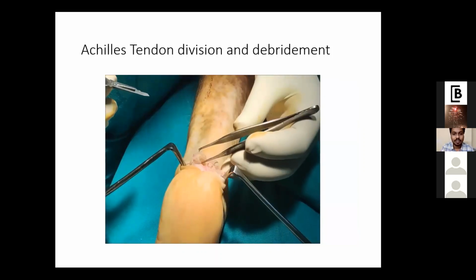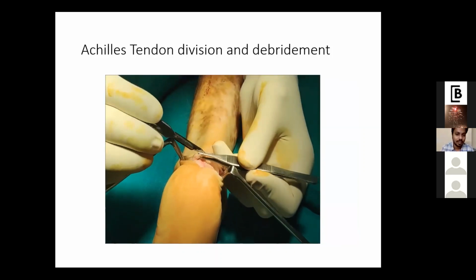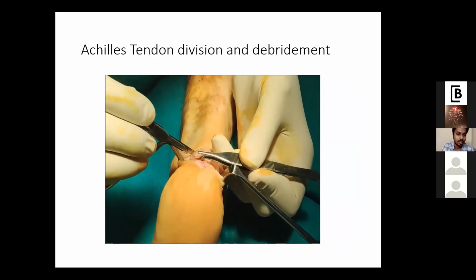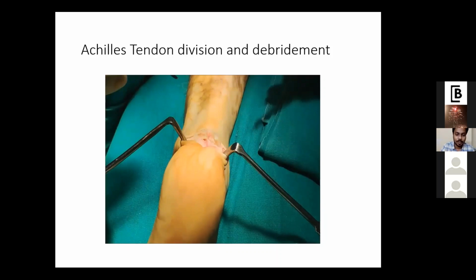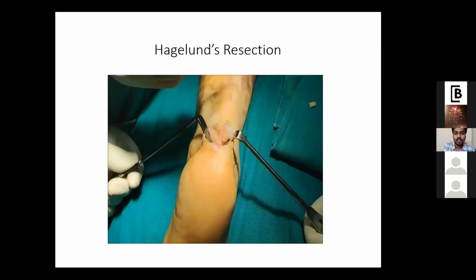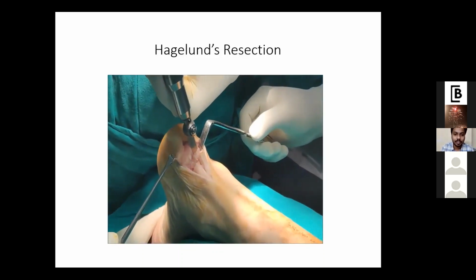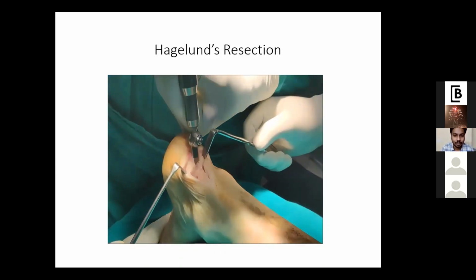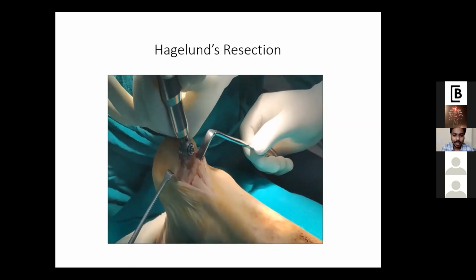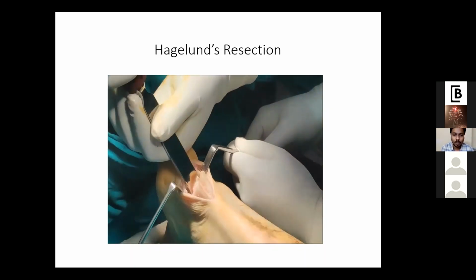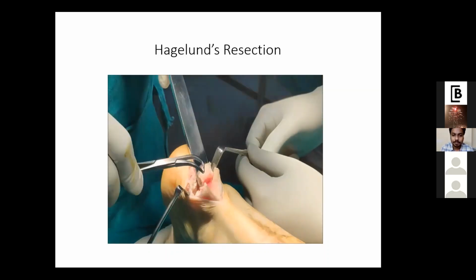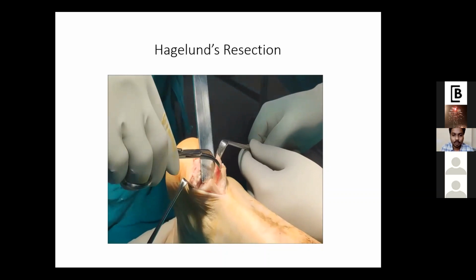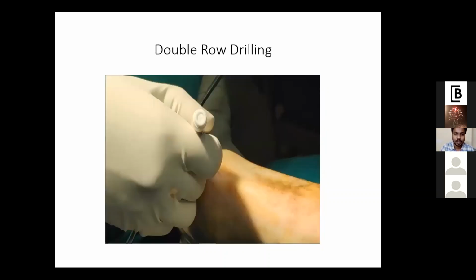The other side will also be detached. So once the Achilles tendon is detached, you inspect the Achilles tendon. We are now debriding the tendon, which looks unhealthy, typically yellowish, not the pale white color that is typically associated with a good tendon. So once the tendon is debrided, next comes the Haglund's resection. So we identify the deformity here, the hump bump deformity of the Haglund. You see the calcaneus; we use a power saw and then an osteotome to resect the deformity. This also provides a good footprint for the reattachment of the Achilles tendon.